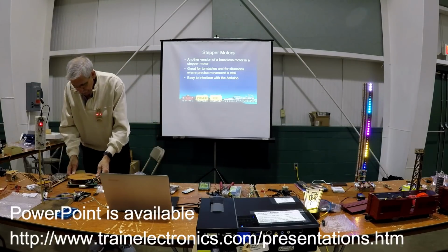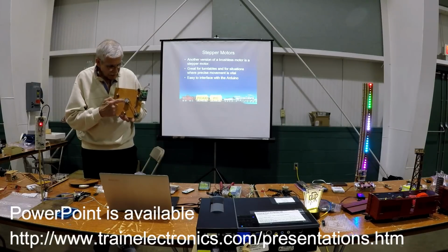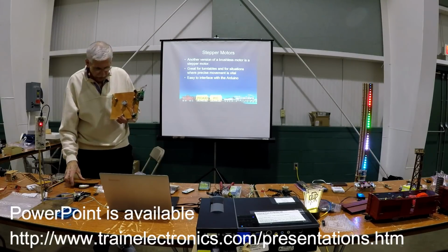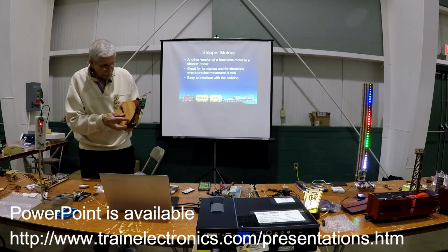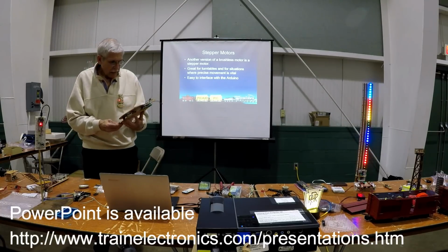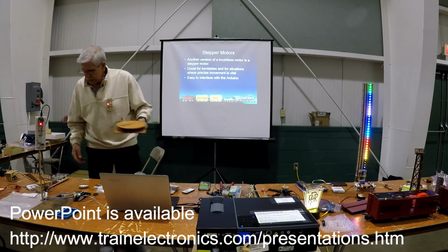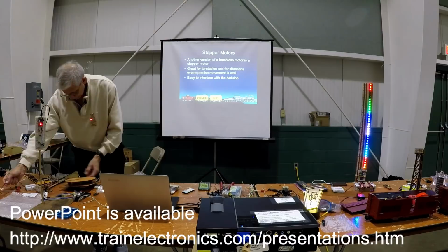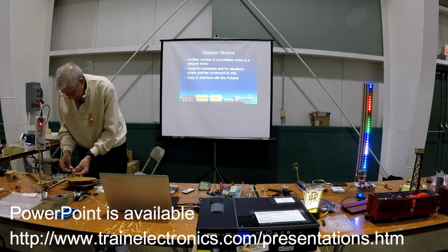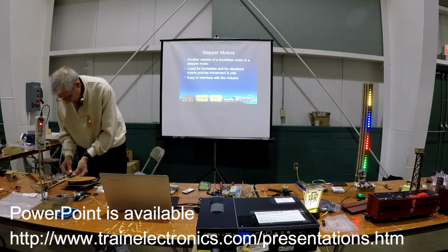And I bought some stepper motors. Here's one here. That's a geared stepper motor. And I put it underneath a little platform. And if I can find where I plug it in, here, this will work. The thing that's important about stepper motors for model railroaders